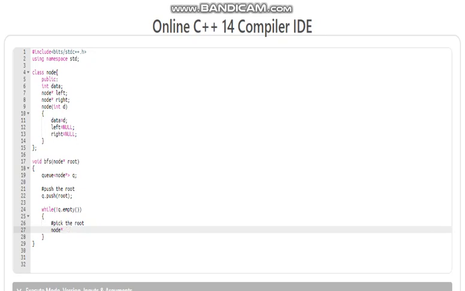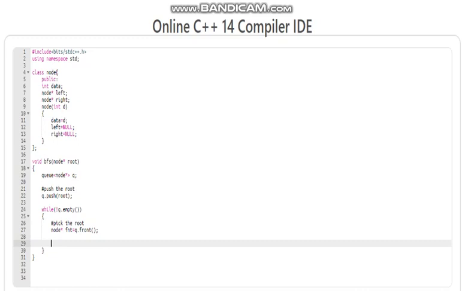No, front is already a predefined name, so we'll name it fnt equals q dot front. The front function returns the front value of the queue, and now we will output the data stored in the front of the queue, right?